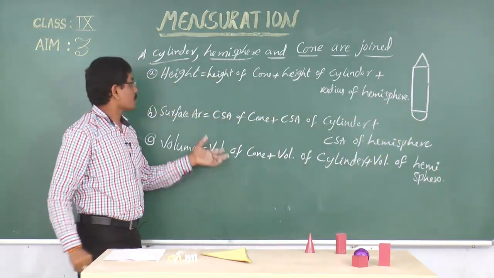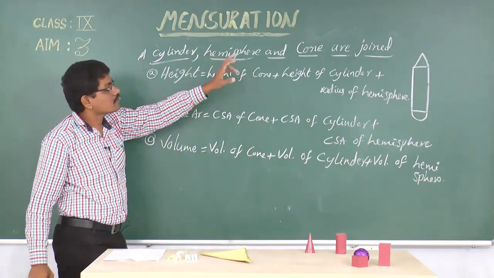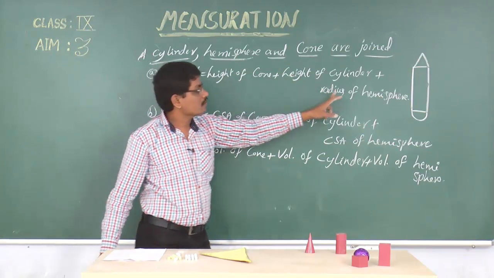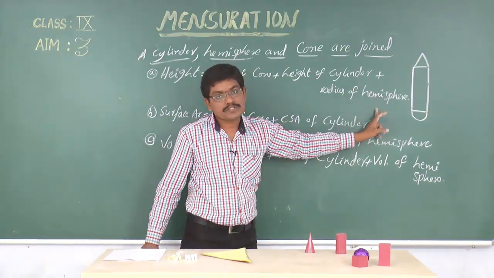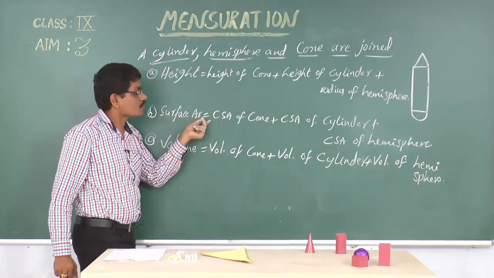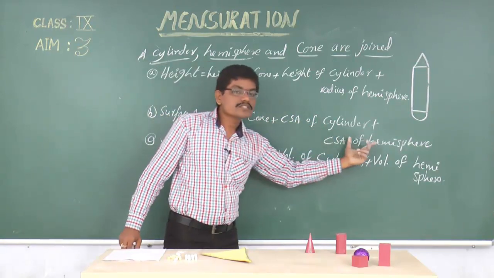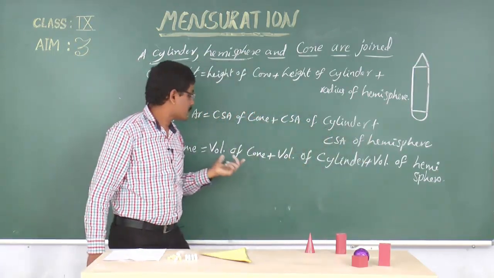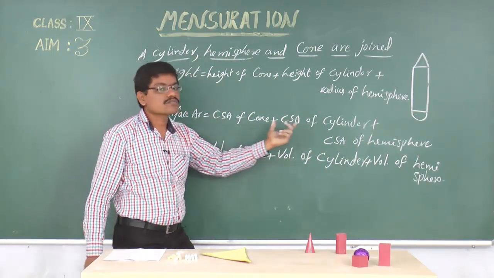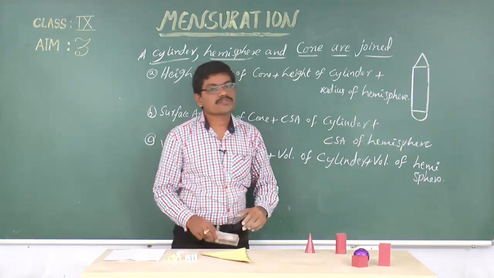Okay, so to get the height of this new solid, we have to add these three: height of cone, height of cylinder, radius of the hemisphere. And surface area is equal to CSA of cone, CSA of cylinder, CSA of hemisphere. And next, volume is equal to volume of cone plus volume of cylinder plus volume of hemisphere. Then next,